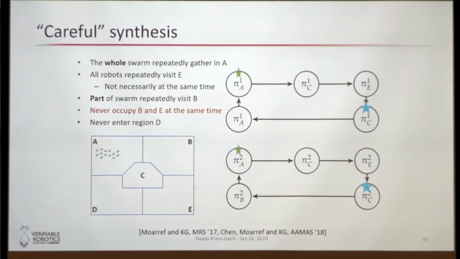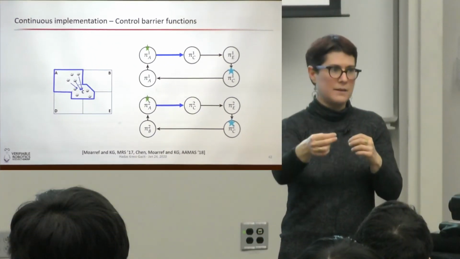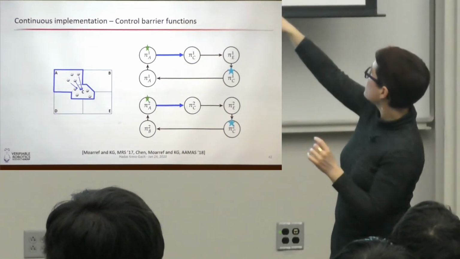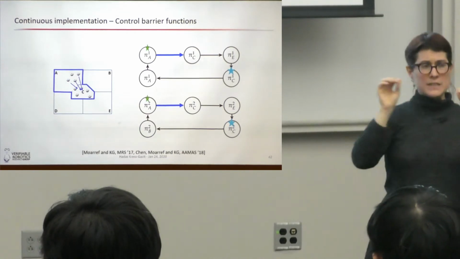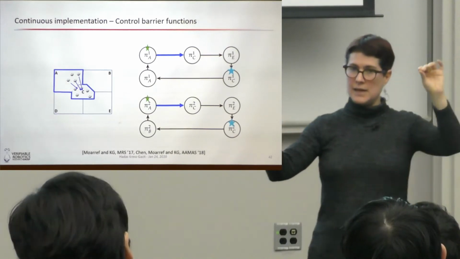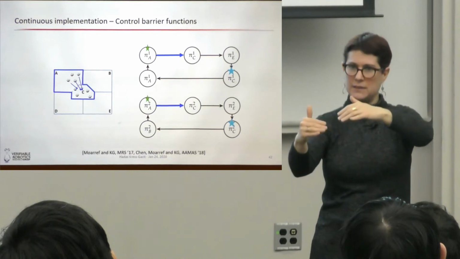I want a continuous control behavior. So what we do is we leverage some of the work on control barrier functions, and we create controllers that are guaranteed to satisfy the discrete transitions. It's not enough for me to say go from B to C. You have to go from A to C. For me to correctly implement a discrete transition between A and C, I have to guarantee that the robot actually goes from A to C, so there's a liveness or reachability aspect of it.